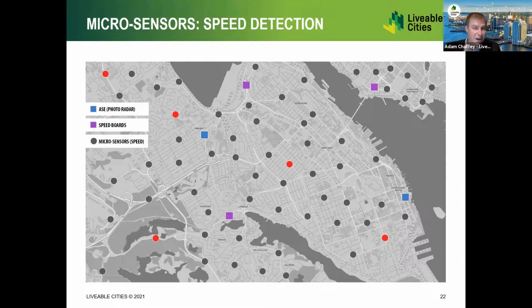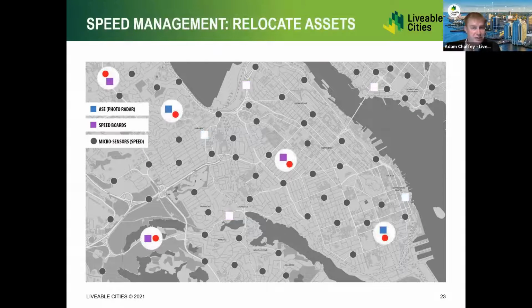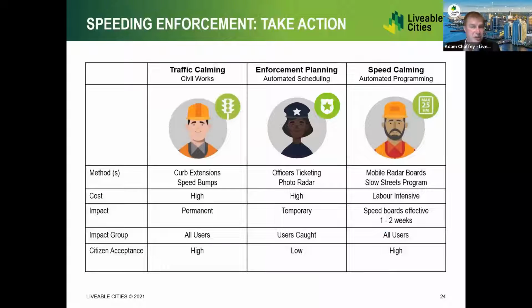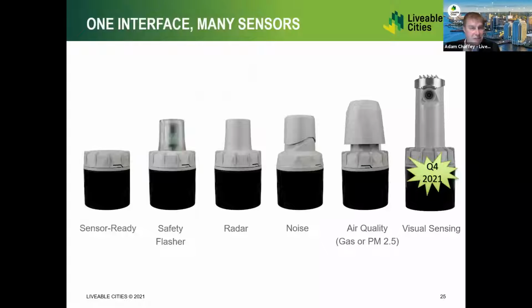So we can identify target areas or known infraction areas, and then we can better target use of our policing, our law enforcement resources, or our municipal resources, where we try to tackle those speeding issues with infrastructure changes or modification to the public roadway. And some of the common users and consumers of this information are shown here. Again, technology that's meant to empower those who can make and take actions and help improve the safety of our roadways.